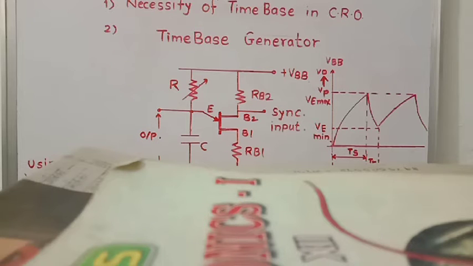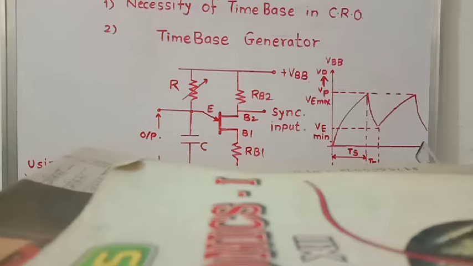Okay, and we can observe this vertical input signal, for example a sinusoidal or sine wave signal, or triangular wave or square wave. So this signal can be visualized, or we can observe this signal in its original form on the screen of CRO. So to produce such a signal